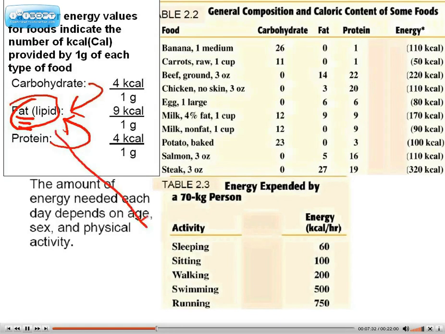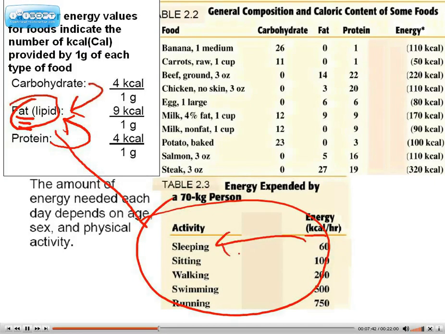Here is the breakdown of energy requirements. Did you know it takes 60,000 little calories to sleep for 1 hour? So basically your body's not doing anything. You have what's called a basal metabolism. That's the energy it takes just to keep your body alive and functioning, much less actually doing something such as walking or swimming. So there is a lot of energy that's burned per day just to exist.